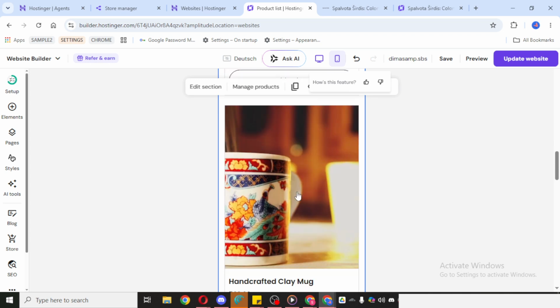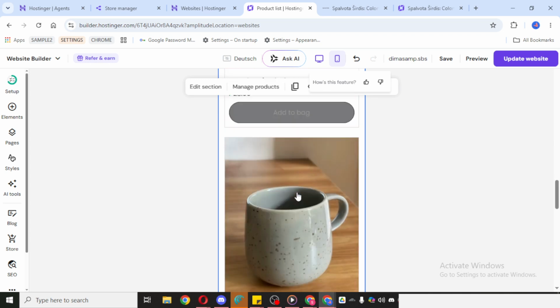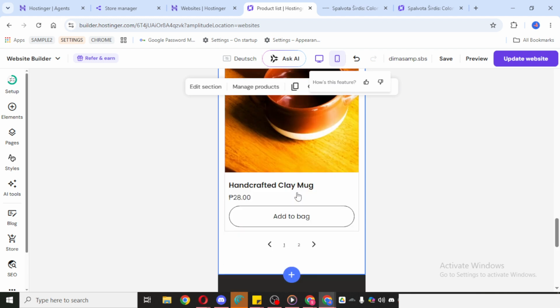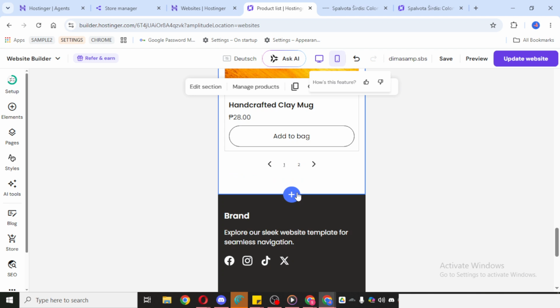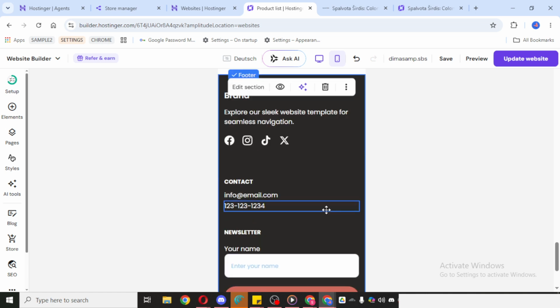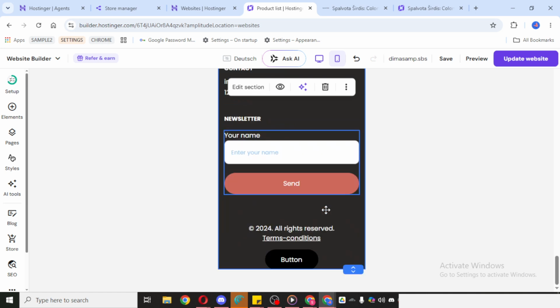Now you can freely edit the elements you see on the page. For example, you can adjust the text if it feels too cramped or too large for a smaller screen. Try to make sure the text is easy to read without overwhelming the layout. You can also make the logo bigger if it looks too small on mobile. The goal here is to improve visibility and balance so everything feels polished and easy to navigate on a phone.